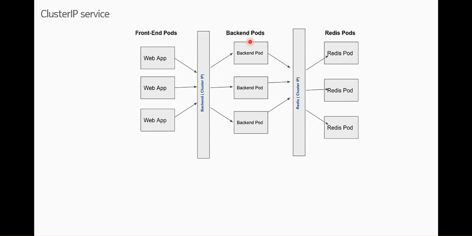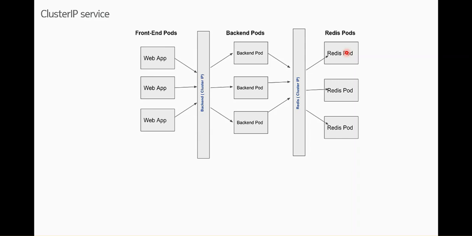Similarly, if the backend pods want to communicate with the database pods, they can communicate via a service, and that service will be of cluster IP type. But why? Because this communication is within the cluster. The web UI is communicating to backend pods, and these backend pods also exist within the same Kubernetes cluster. And the database pods also exist within the same Kubernetes cluster. So as I told you, the first definition of cluster IP is that it is used to communicate between the components